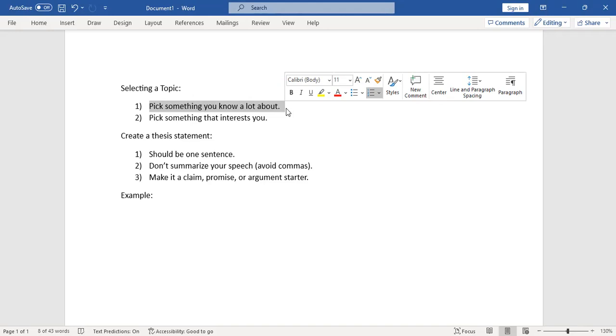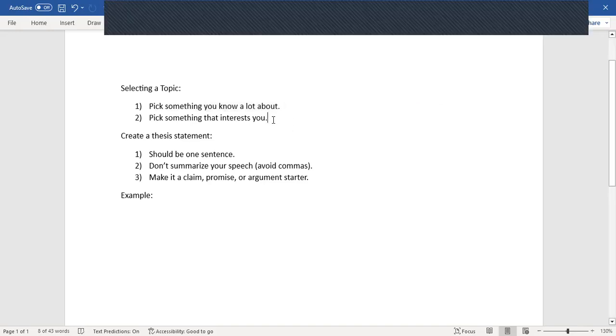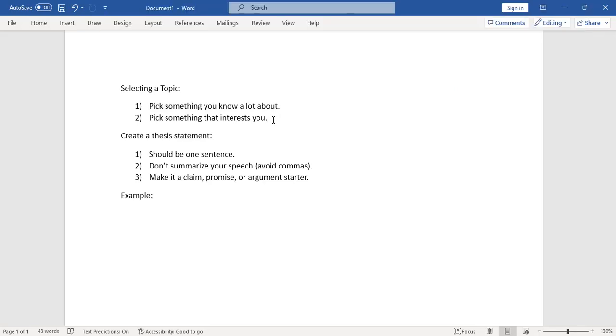Okay. But then we had Ben. Ben is just going to pull up a list of things that are related to the assignment. He doesn't really have something that's super interesting to him to begin with. So he's going to pull up a bunch of items and look through things and see what interests him.